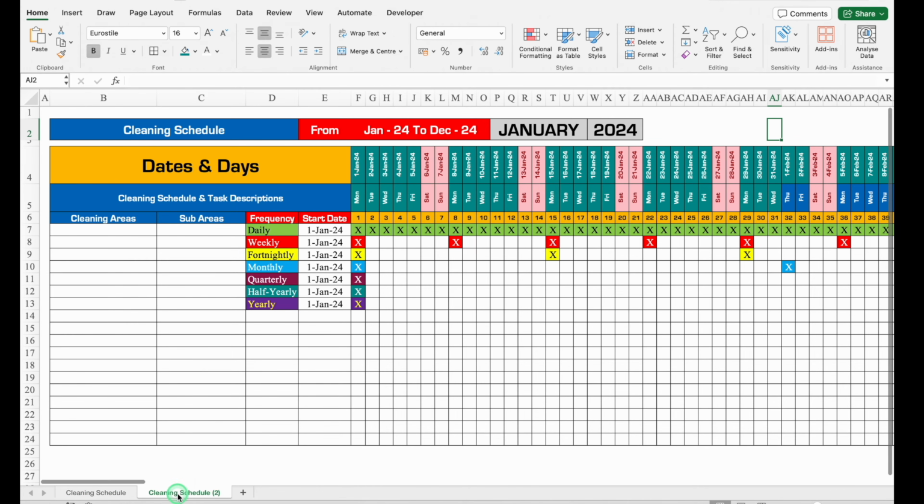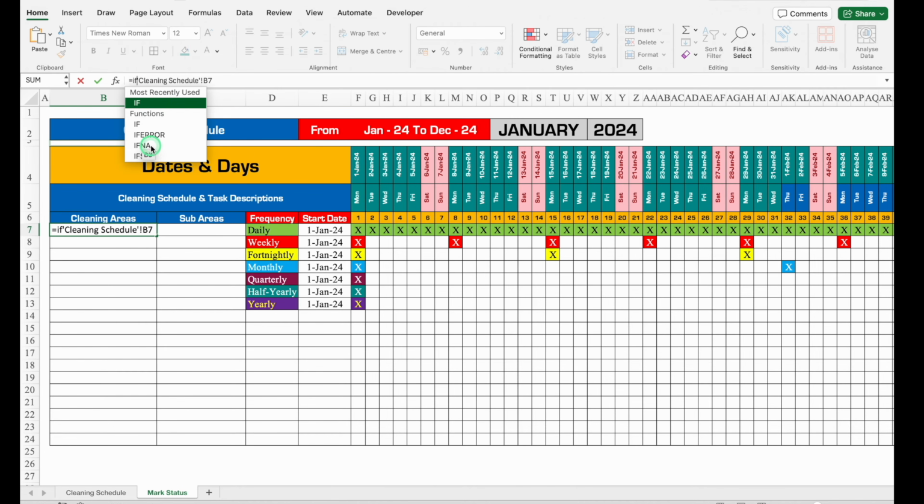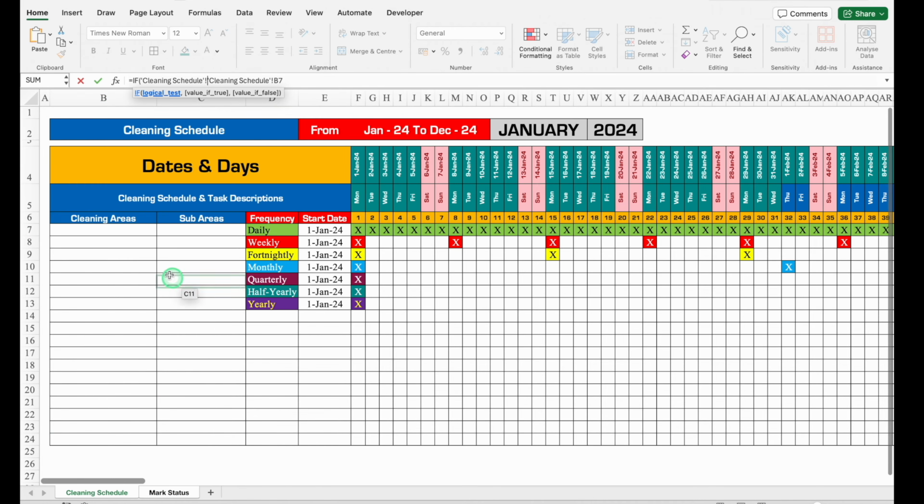I'll delete this. So this is our second sheet, means copy sheet. We'll rename this as mark status. We'll click on cleaning areas, plus or equal to, we'll go to cleaning schedule and we'll click on cleaning areas over here. So both the sheets will be connected. Enter. We'll take this in center. Currently 0 is visible. We will go to formula bar and we'll insert the criteria of if. If bracket open, we'll go to cleaning schedule and we'll click on first task is equal to double inverted comma, means if this will be blank, in return we want blank. So we will put comma, double inverted comma twice once again, comma, we'll come to the end, close the bracket